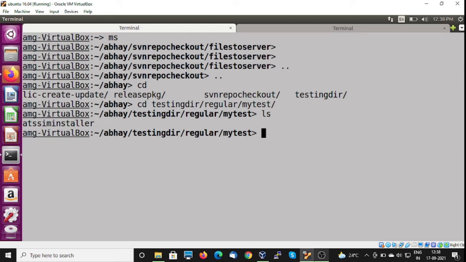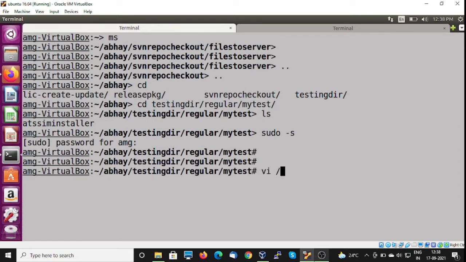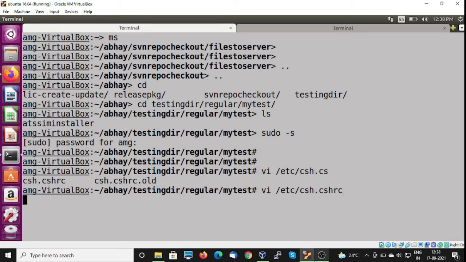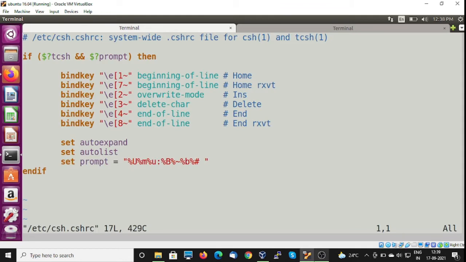We have to work as a super user while downloading the license as well as downloading the package. I will edit this csh.cshrc script in the etc folder.